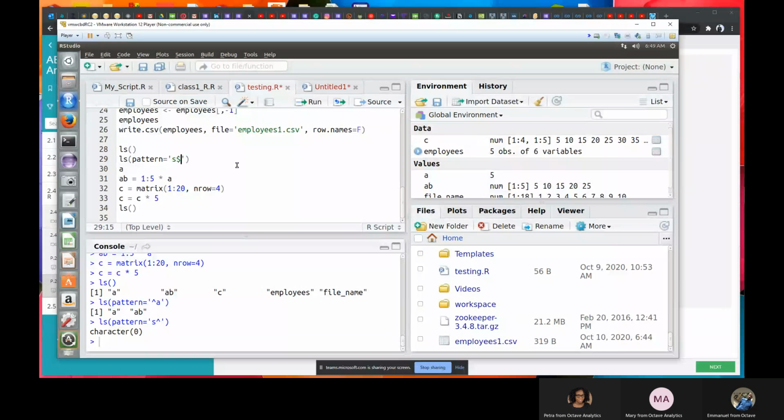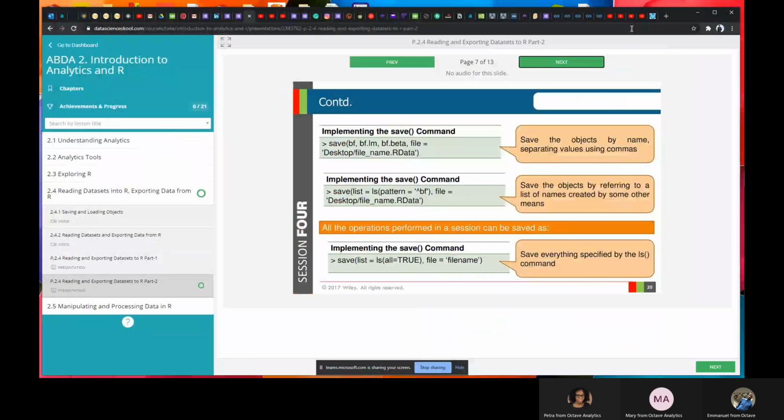Let me use this. As you can see, this gave me all objects that end with S. So let me put a B. It gave me all objects that end with B. So any which way you want to put it, it's all good. I hope this is well understood.